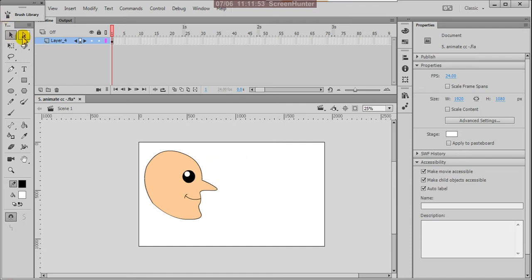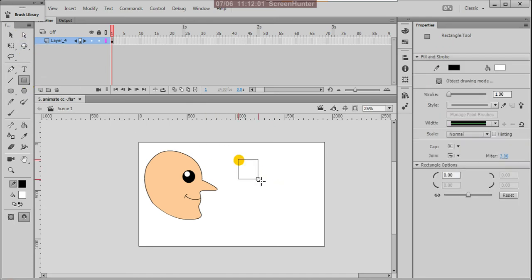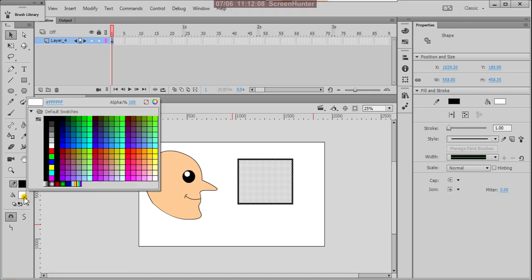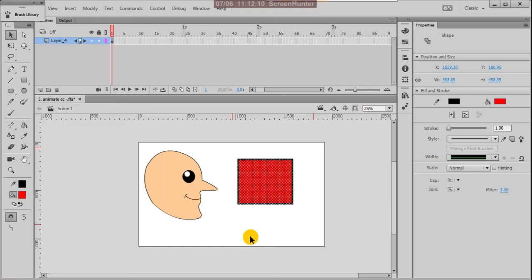And then here there is one more tool. This is the sub-selection tool. What do we do with this tool? Suppose you draw one rectangle here. This is my rectangle. You can select everything and fill some other color.